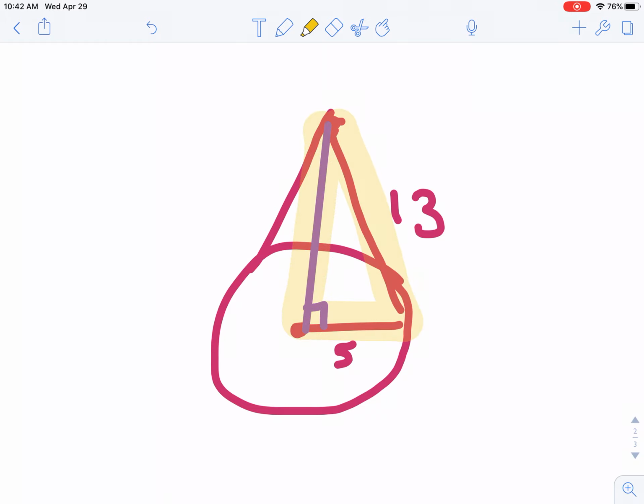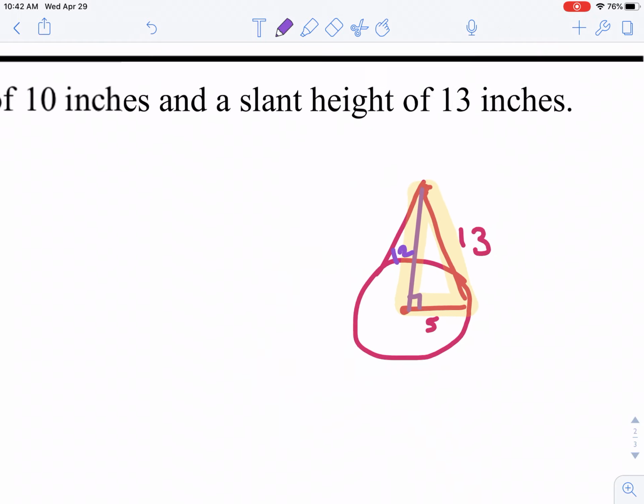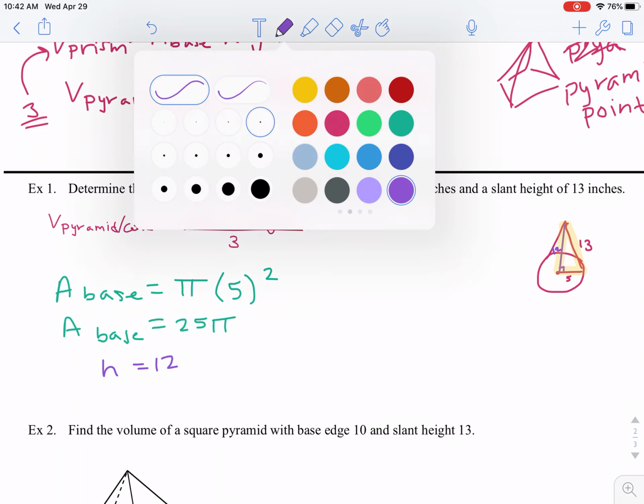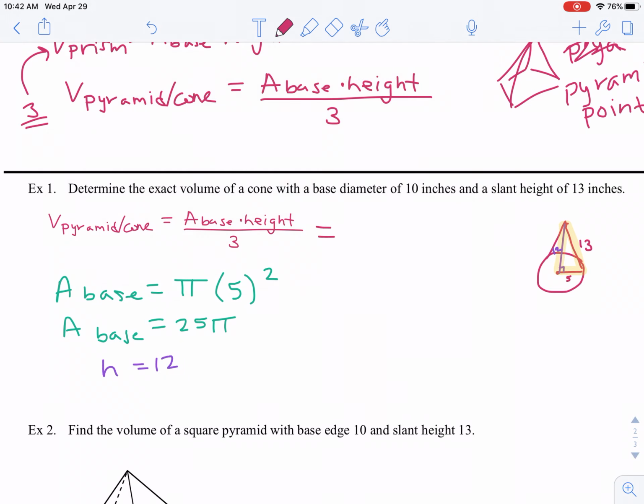And we see that we have 5 and 13. We see that this is a triple, a 5, 12, 13. So my height is going to be 12. So now I can go back to my equation. My area of my base is 25 pi. My height is 12. And therefore, I get